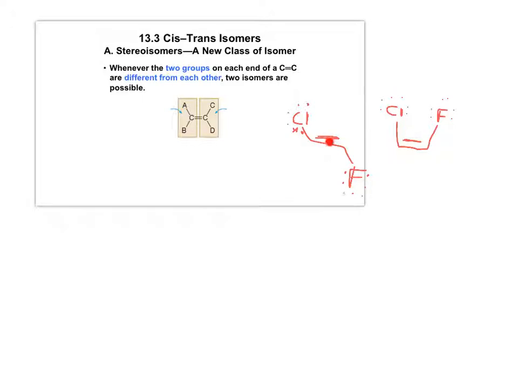Because that bond has no rotation, this fluorine in an alkene cannot flip up to be in this position. In this molecule, this fluorine cannot rotate down to be in that position. So these two molecules are different. They're isomers, they have the same chemical formula, but they have different spatial locations. And to denote that,